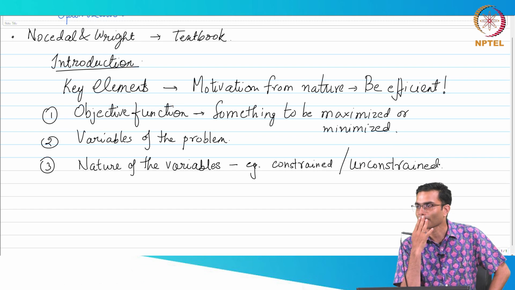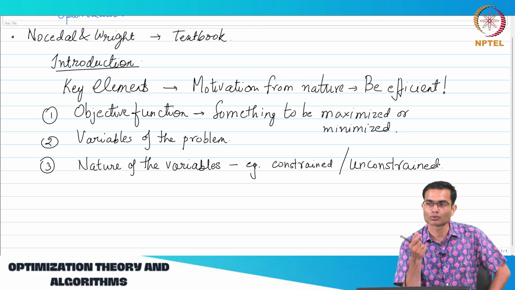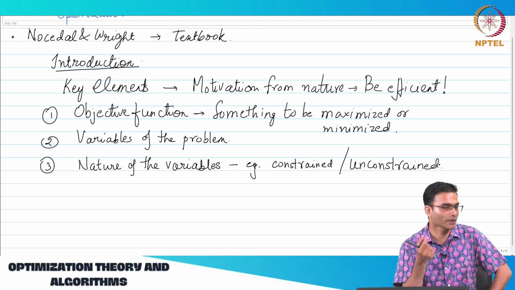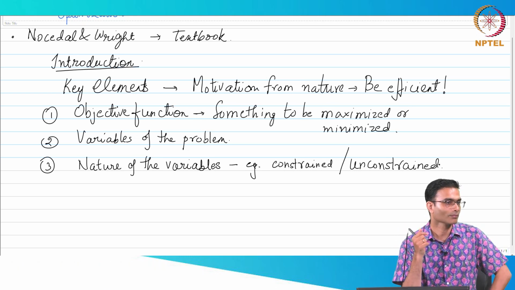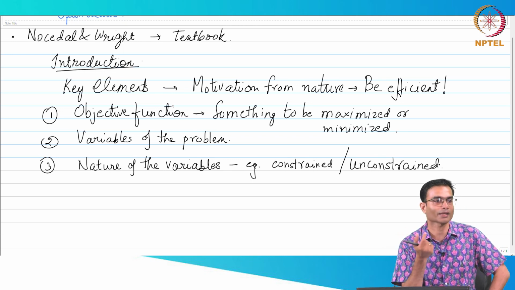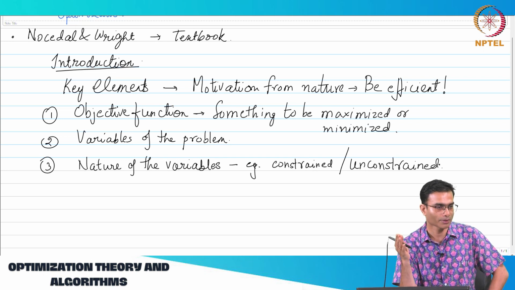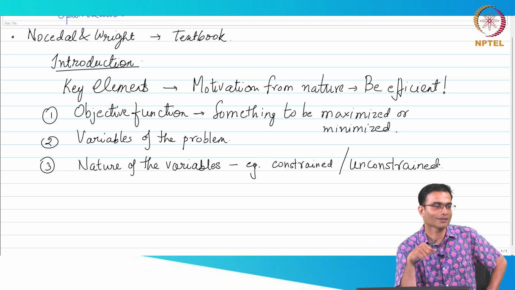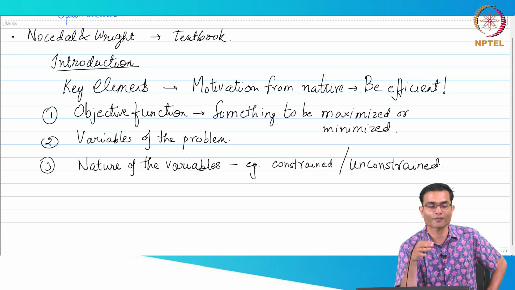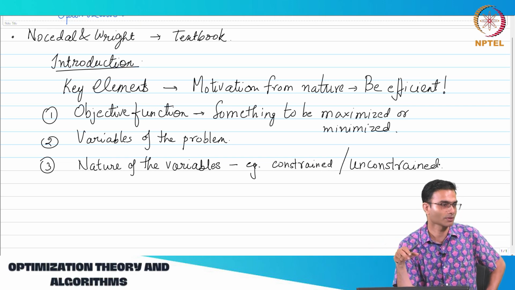So these are the basic things. For example, how much fuel? I want to optimize the amount of fuel that I consume. So the variable, if fuel is a variable, I know from common sense that fuel cannot be a negative quantity. I know also from common sense that I cannot expect to carry more fuel than the tank capacity. So there's a lower limit, there's an upper limit, okay, or I can carry a tank on the side. So these are the sorts of ways in which, now if there are constraints on the problem, then I have to factor that into how I solve the problem.